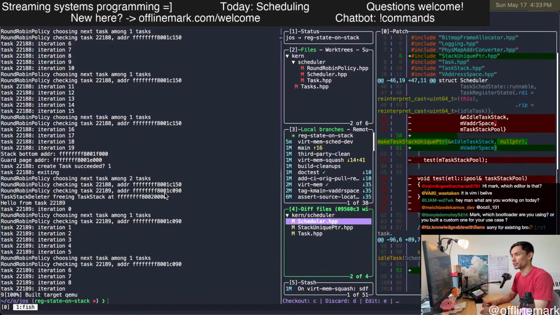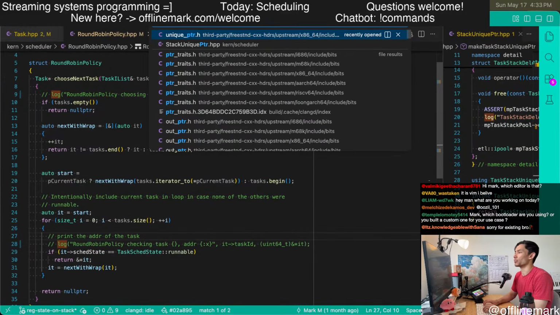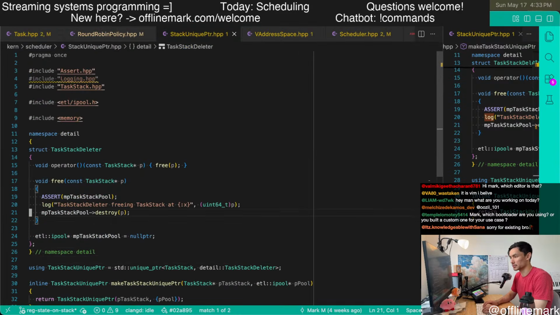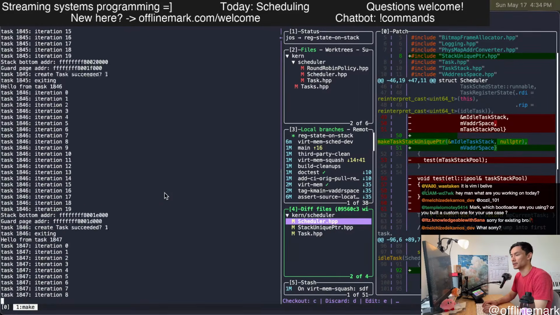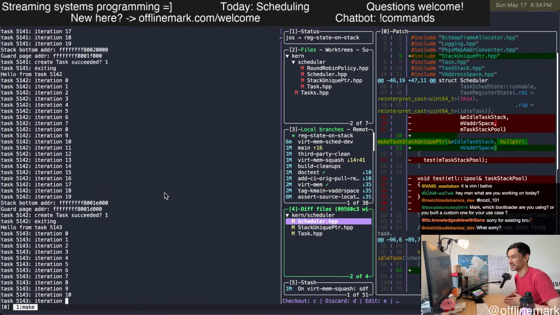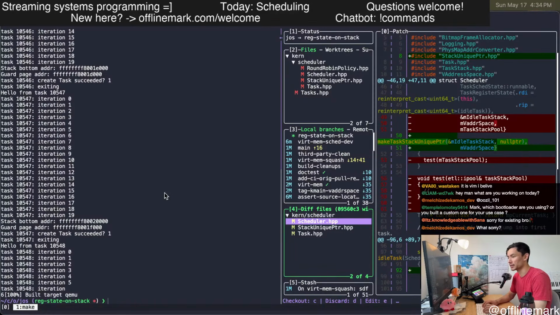We'll get rid of some of these prints, and then in the smart pointer, I'll also get rid of this print. Okay, so this is our OS so far. It's demonstrating taking tasks, running some code in a task. The task spawns another task, and then the tasks exit.